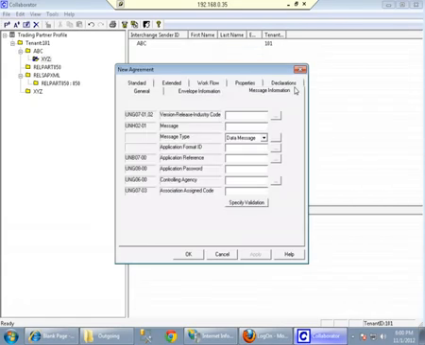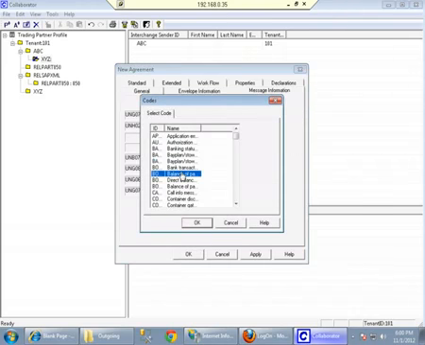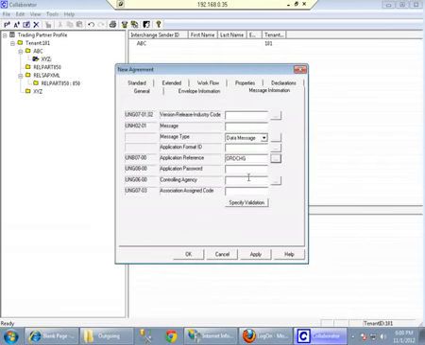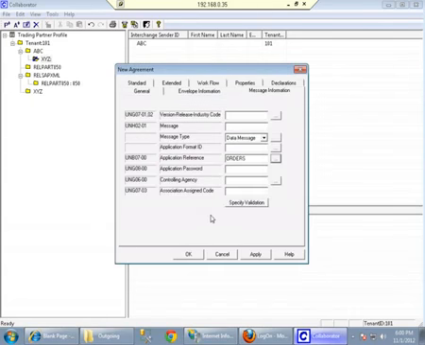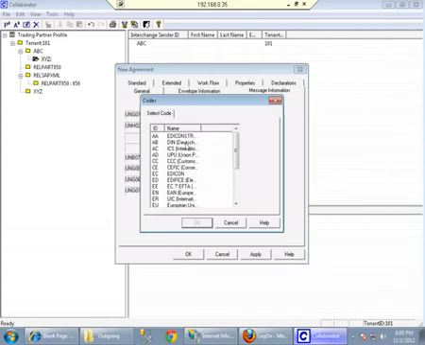My message type could be data message or acknowledgement message. So if it is a case wherein I have already received an inbound message and an outbound acknowledgement is to be sent, I might select the option as ACK message. By default, it would be a data message. Following that, I would specify the application reference. So in my case, it is the orders purchase order. The controlling agency,